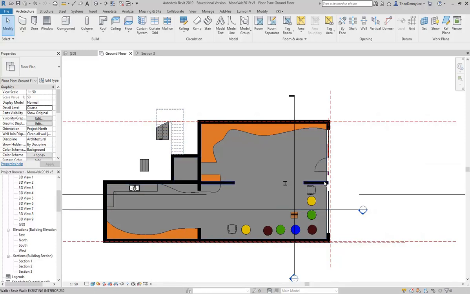Now, sorry? Are you going to do the ceilings first? Yes, that's right. So I need ceilings to have my lights,